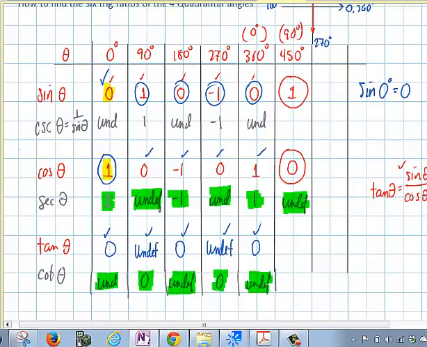Hopefully this helps you understand how to work with quadrantal values and trig ratios,